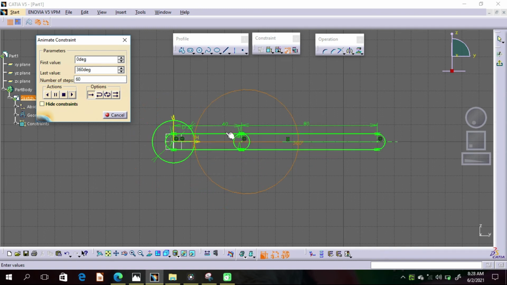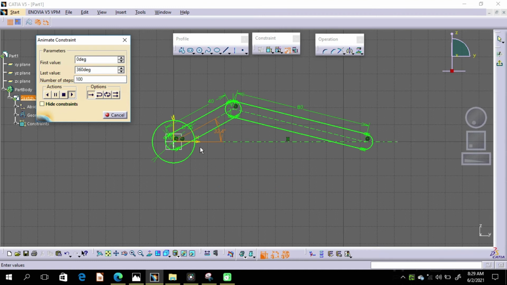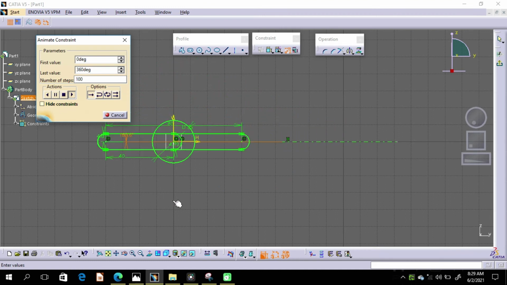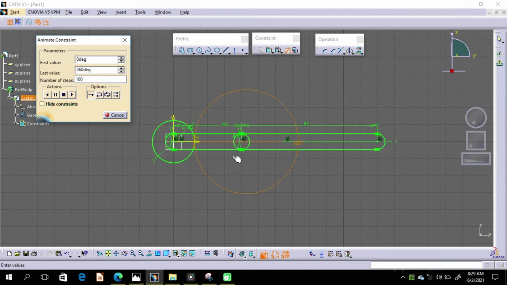This is showing us the change of this angle from 0 degrees to 360 degrees, and this number of steps is showing us in how many steps this one rotation is completed. So if you increase this step value like 100, then the animation will be smoother. Then let's understand these action options. So this is one shot. It means when you play the animation, this whole animation is going to complete only once. Okay.